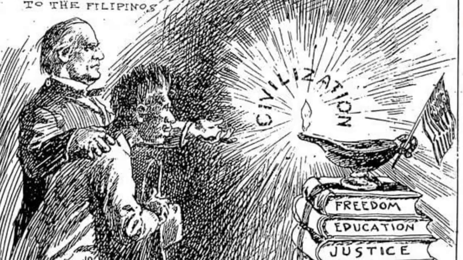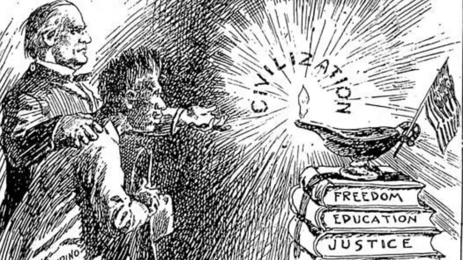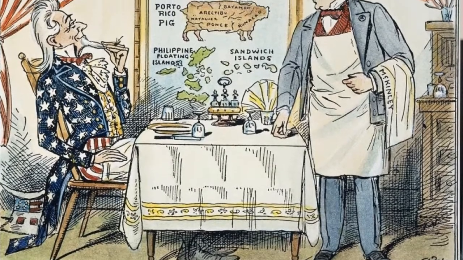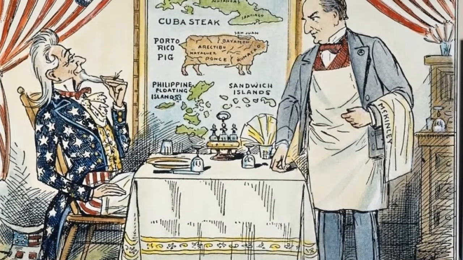He prayed one night to God, and God came down and told him that we need to uplift, civilize, and Christianize those heathen people. And so McKinley decided to take over the Philippines rather than letting them be free and independent. And so this began what we call the Filipino insurrection, the American-Filipino War, one of the blackest moments in American history that we don't really talk about.